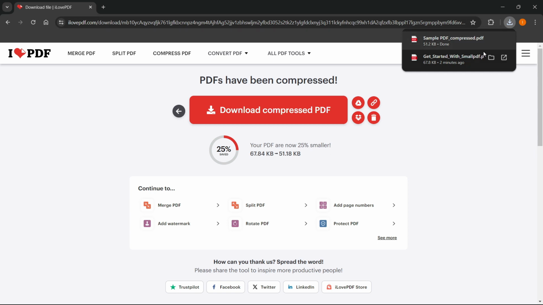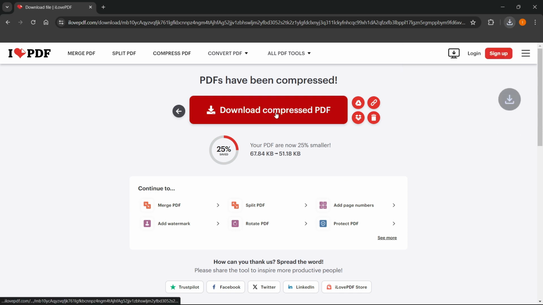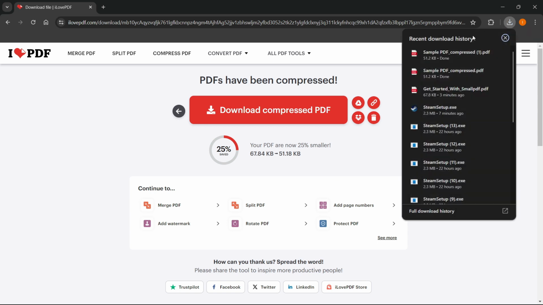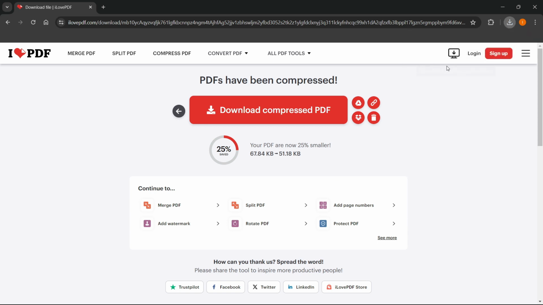Now, this should download the PDF for you automatically, but if it doesn't, you simply want to press over here where it says download compressed PDF. And as you can see, it just downloaded the PDF again, and you can open it up and use it